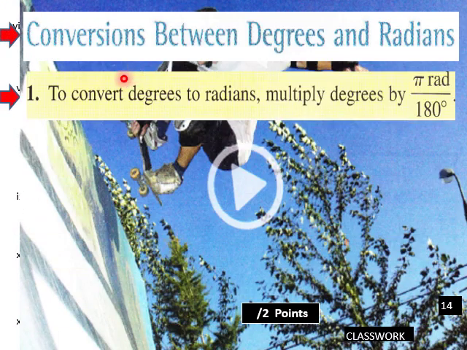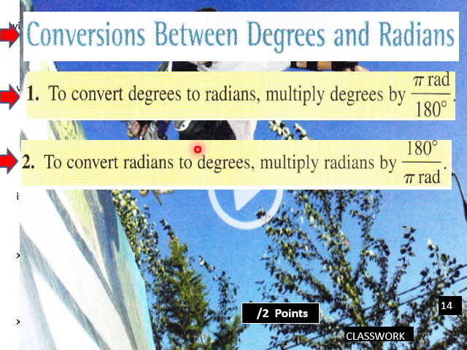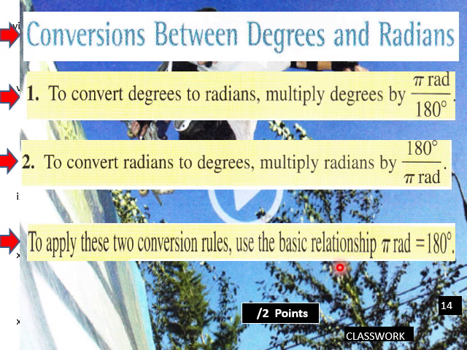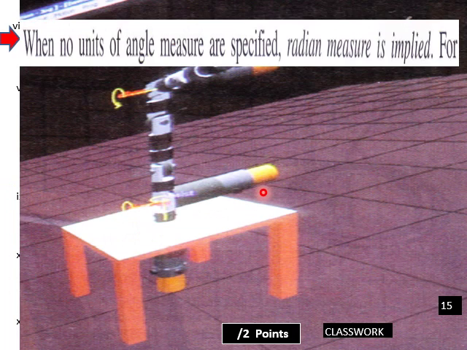So, conversions between degrees and radians. To convert degrees to radians, multiply degrees by pi radians over 180. To convert radians to degrees, to go backwards, multiply radians by 180 degrees over pi radians. So we just invert it for that. To apply these two conversion rules, use the basic relationship: pi radians equals 180 degrees. So knowing that,